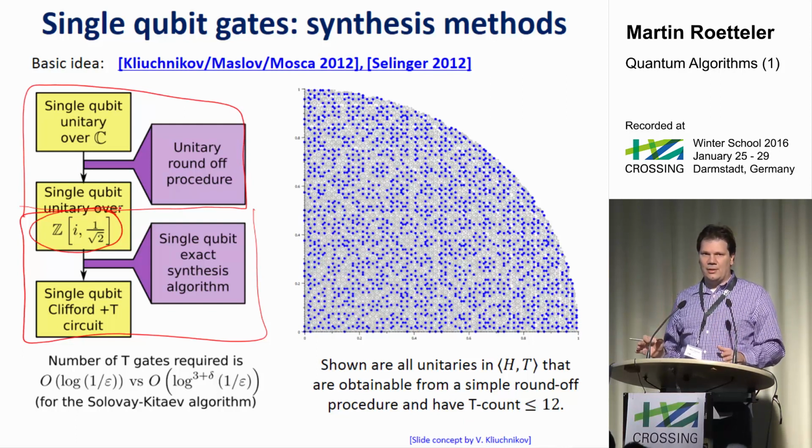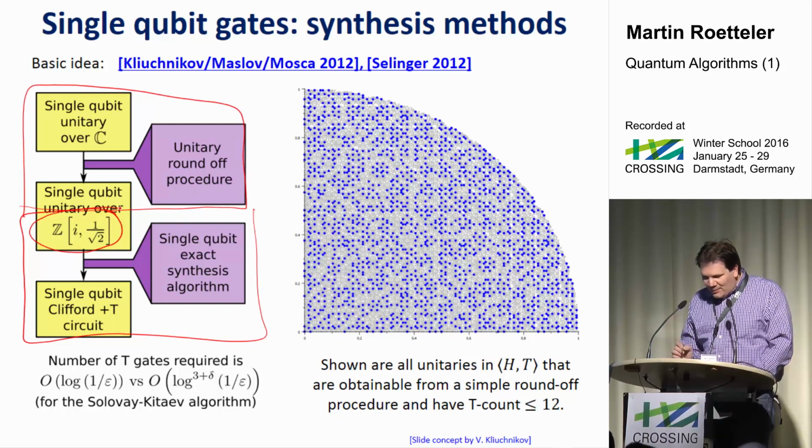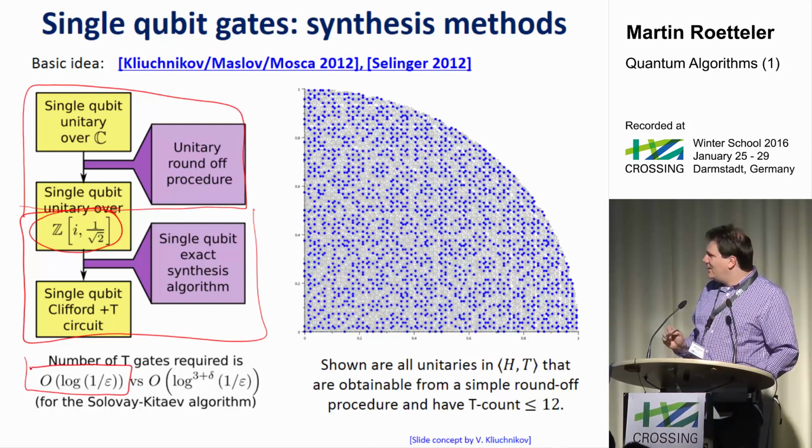It's not unlike the Euclidean algorithm, it's not quite your Euclidean algorithm. Well, to tell you the truth, it is the Euclidean algorithm, but you have to go to a different domain. It's no longer unitary, so you have to work with quaternions, and then you can interpret that again as sort of a Euclidean algorithm. But the bottom line is that you can improve the complexity a lot. You can find approximating sequences that only scale with log 1 over epsilon instead of that polynomial, if you do it that way.